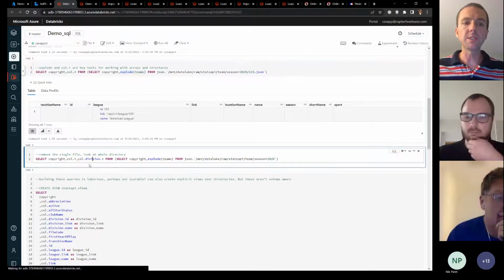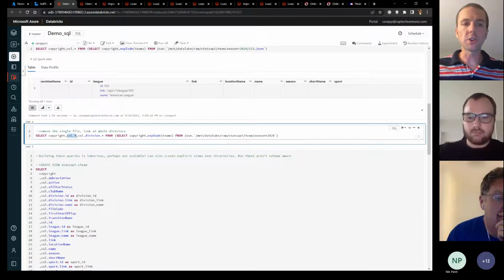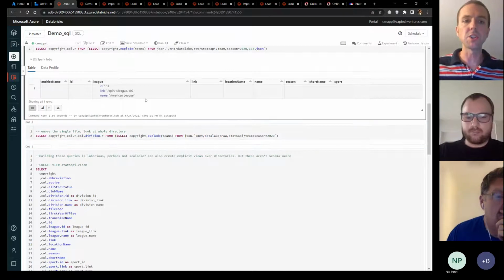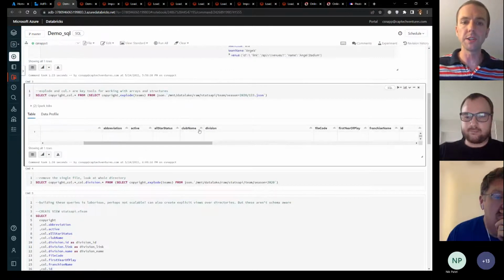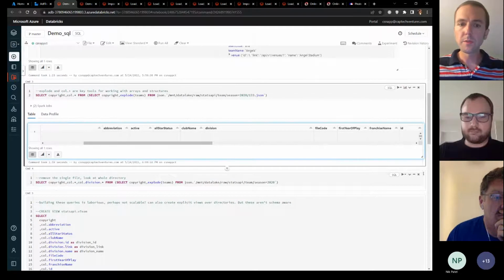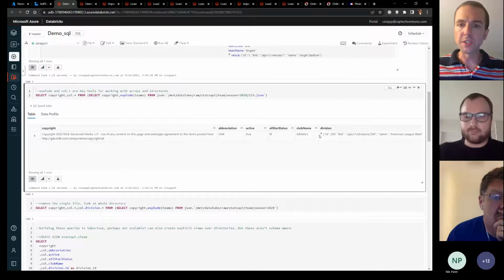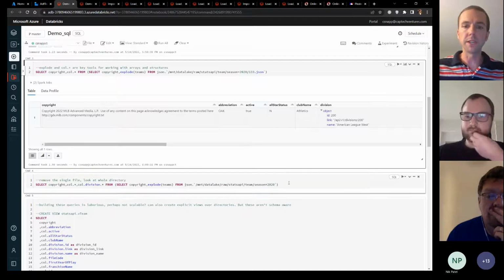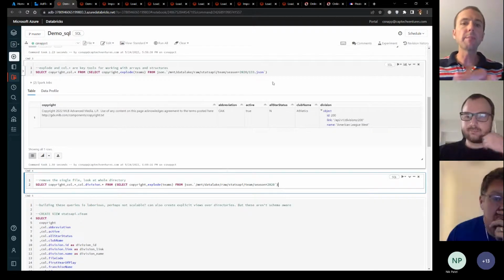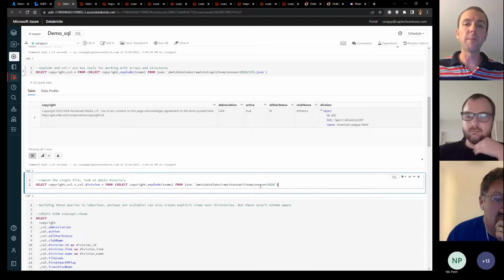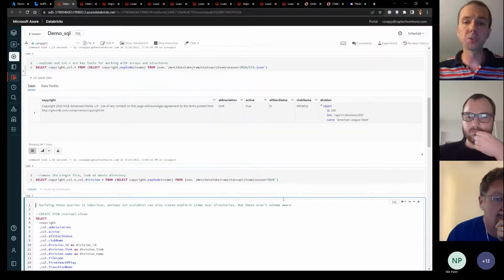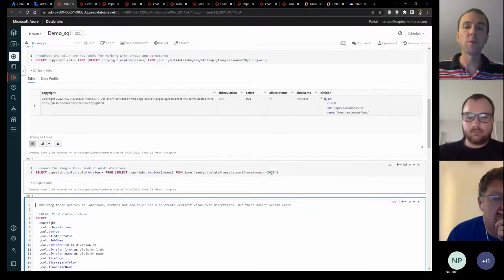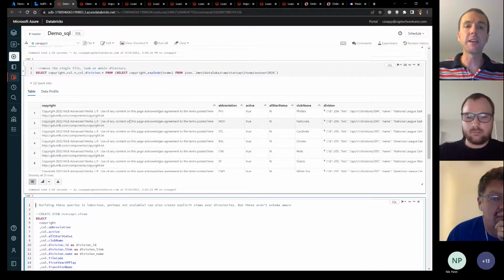So what we can do is say, okay, let's do col.star and let's do col.division.star, because division was one of the loaded elements here. You can see division has 3 nested elements, so I want to look at all of those elements. But now when I do it, I'm not going to query just that one file. I'm going to query the whole 2020 directory. So now we're going to get back multiple rows, one row for every team.